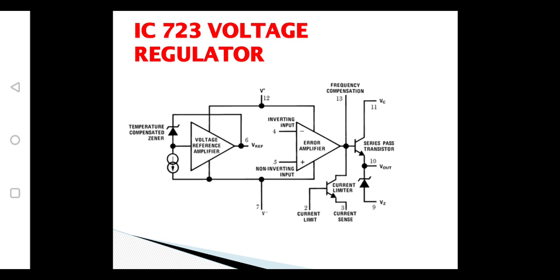And the important topic of voltage regulators is the 723 voltage regulator. In the case of the previous two voltage regulators, whether it is a fixed voltage regulator or an adjustable or variable voltage regulator, in both cases the output is ranging for a limited value. But in the case of 723, what is the need for going for a 723?